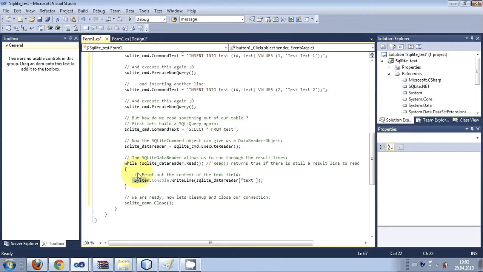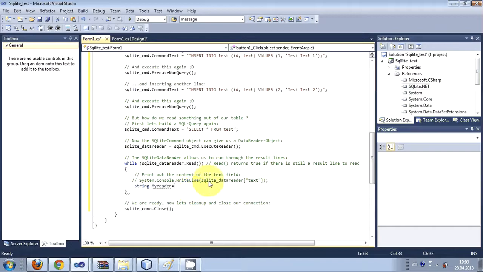But here in the while loop, if you see while sqlite.read, and in the while loop they have given the code for the console application, but our application is a Windows form application. Okay, so we will comment this System.Console write line, and we will write our code. So write string and give any variable name. String myReader is equal to,